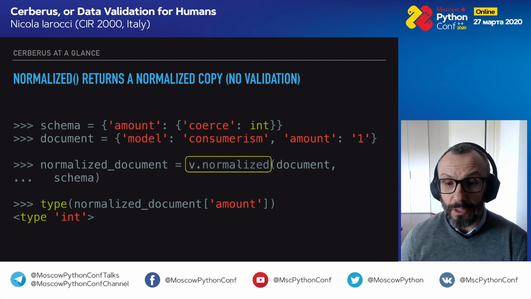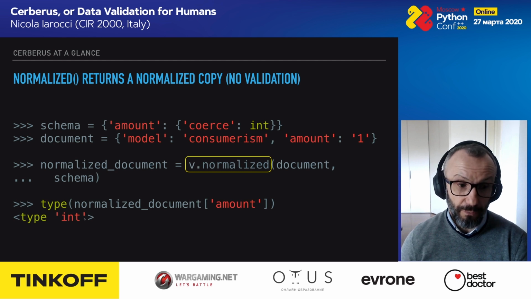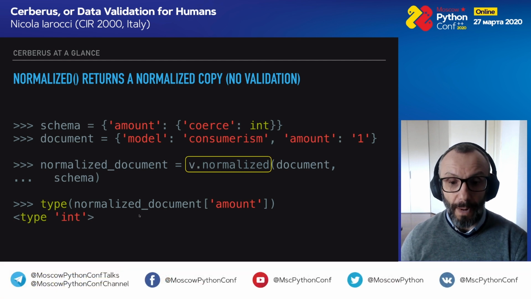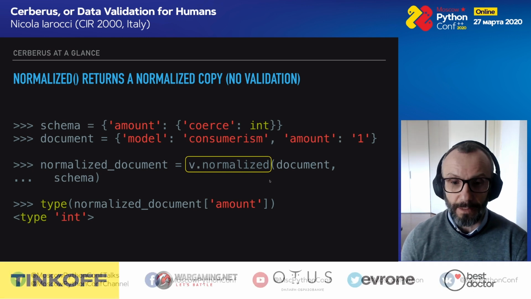If we ask for a normalized document, because the rule is a coerce, which is a transformation rule, what we get back when we use the normalized method is a different type for that field. So amount is now an integer, has been transformed. Our normalized document has been transformed. Now, mind you, this is not validated, it is normalized. So if you validate the document, you still get a false because the document is not valid. But if you really want to transform a document, you can still use normalized and get your document normalized for you.